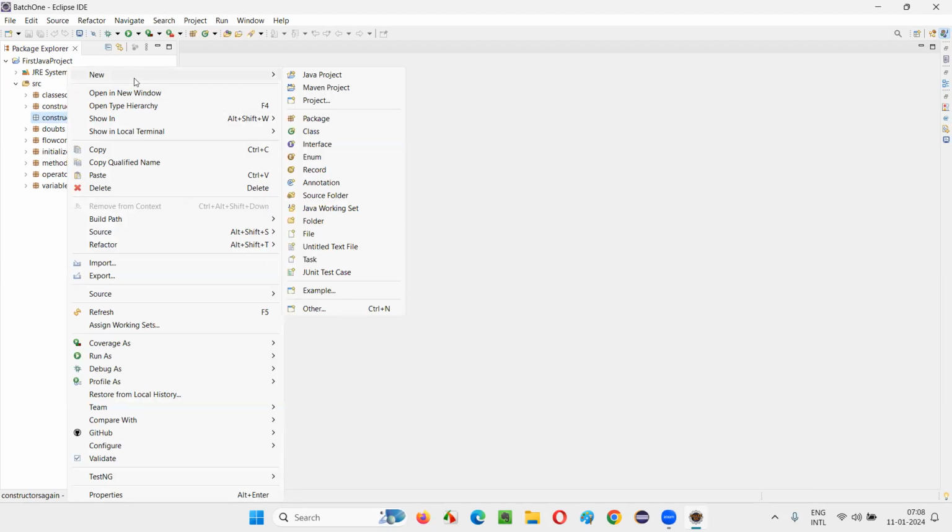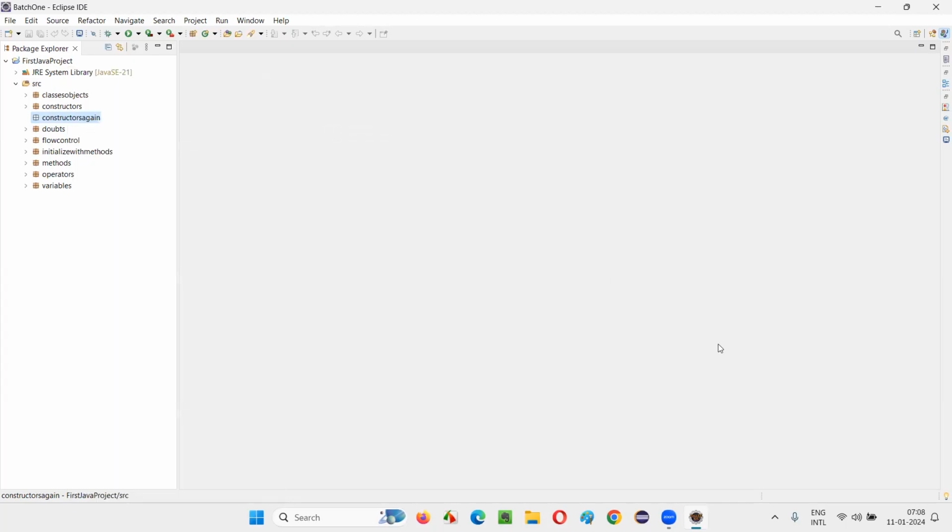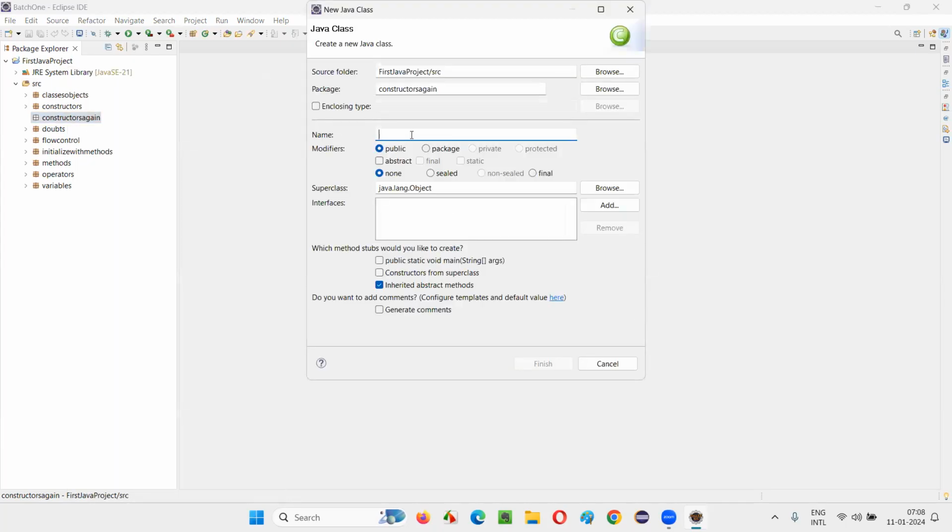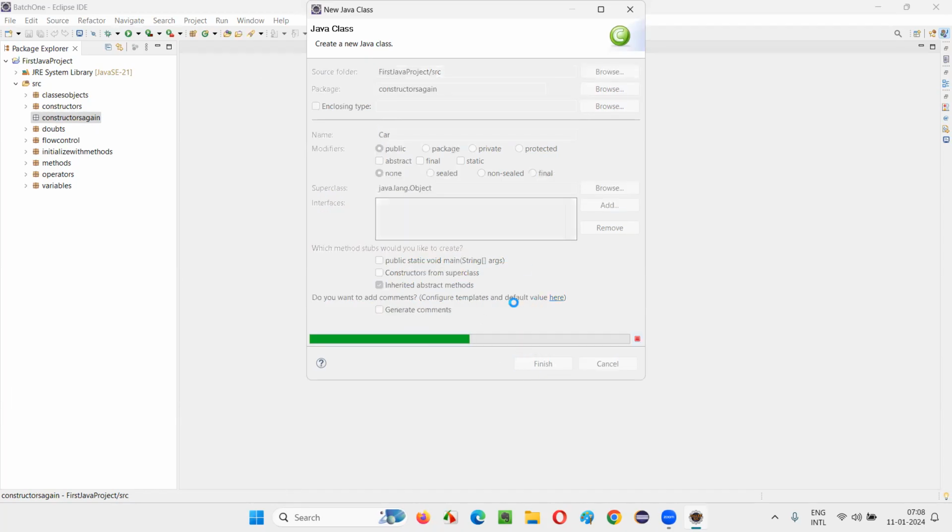I'll just create a new class like this, and name this class as Car class. I'll not create a main method inside this class.